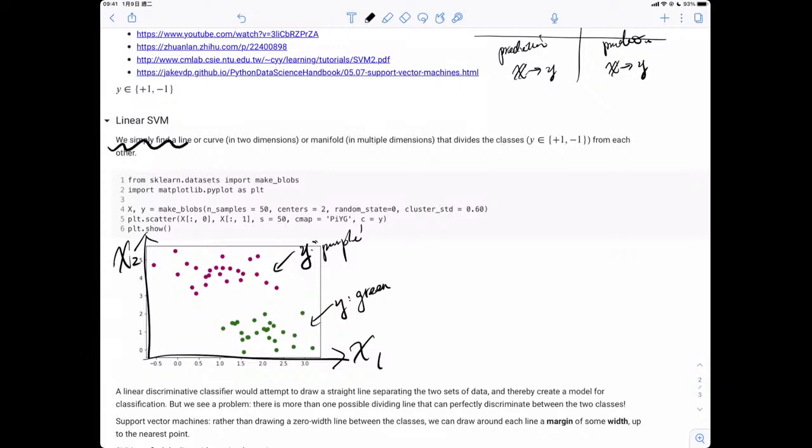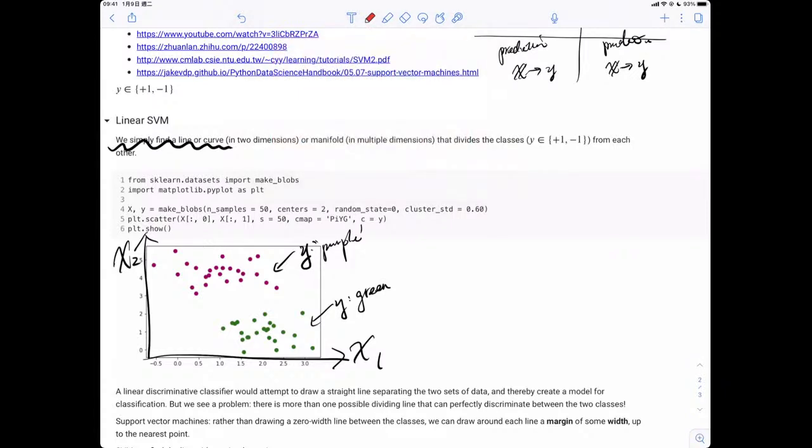So the question is, could we simply just find a line or a curve? Of course it is a simplified example, so we demonstrate in only 2-dimension space. 好，我们只在为了简化，我们现在只在二维的空间里面讨论哈。To divide these classes,